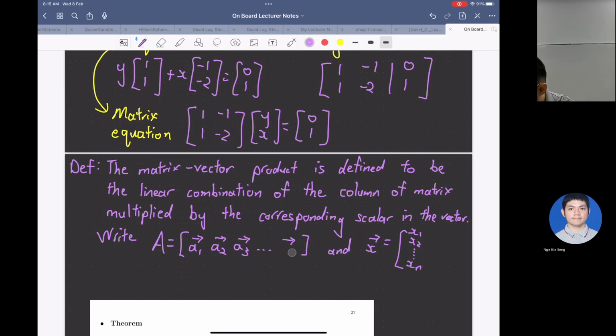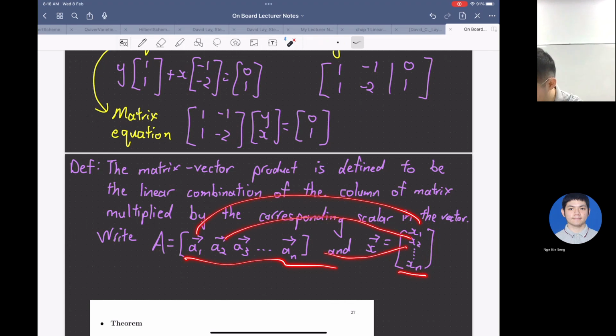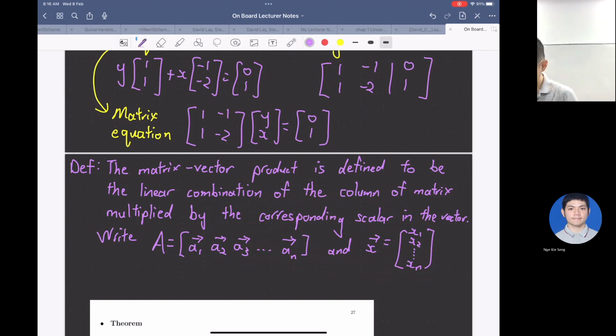And then you need to make sure that the number of columns and the number of scalars in the vector match up, so that you can pair one of them to each other. Okay, make sense? So in the end, what you get is Ax equals x1 a1 hat plus